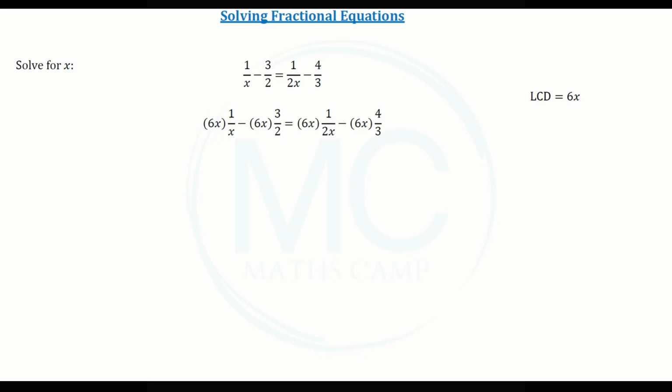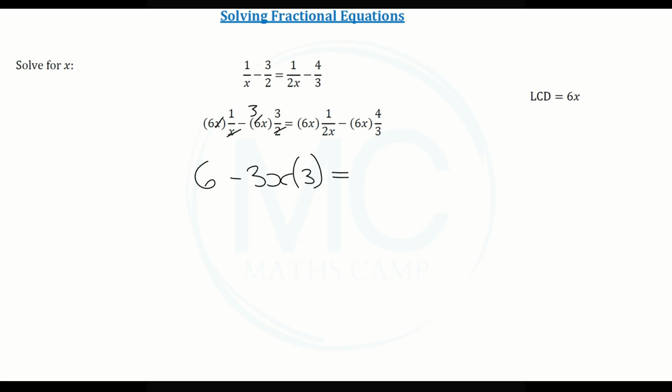Let's multiply every term by 6x. And now we can cancel. Here our x's cancel, and we're left with 6 multiplied by 1, which is simply 6. Here 2 divided by 2 is 1. 6 divided by 2 is 3. And we have negative 3x multiplied by 3